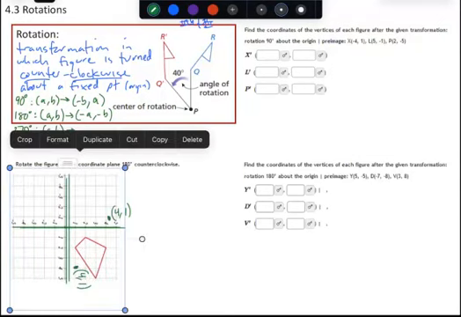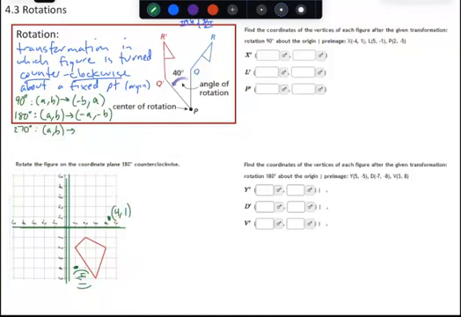Right, so this new point here now has a +1 for the x and a -4 for the y. And so again, if you correlate that to the original point, the new x-coordinate is the exact same as the original y, so we'll call that B. And our new y-coordinate is the exact opposite of our original x, so we'll call that -A. Just by recreating that one single point and then physically rotating it, we're able to see all of